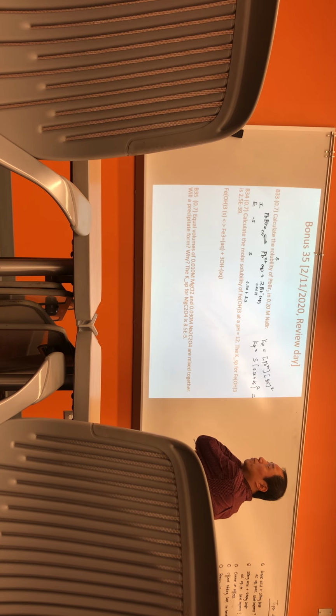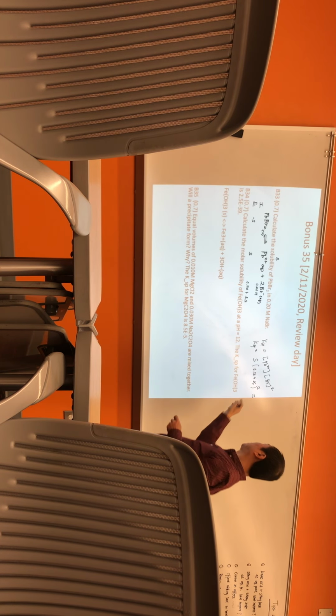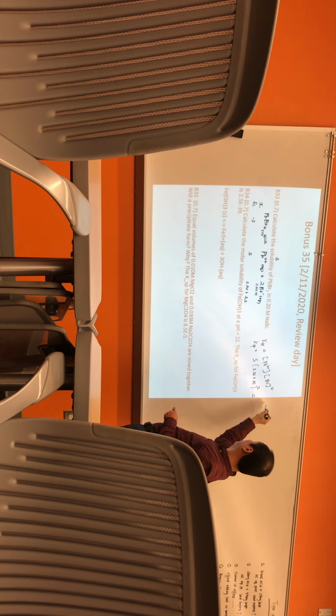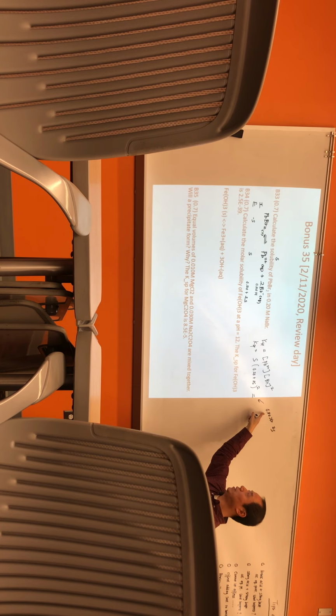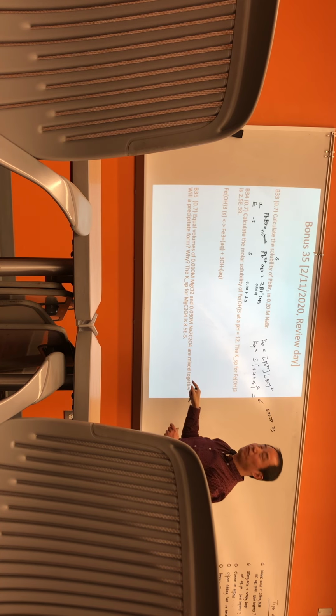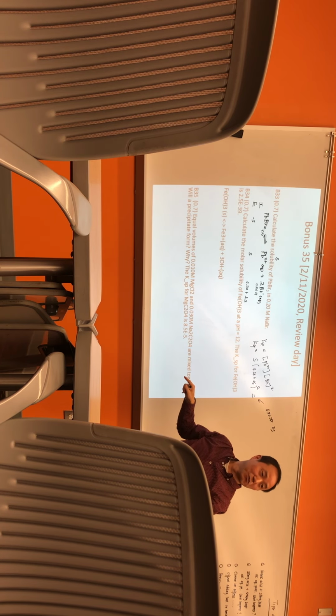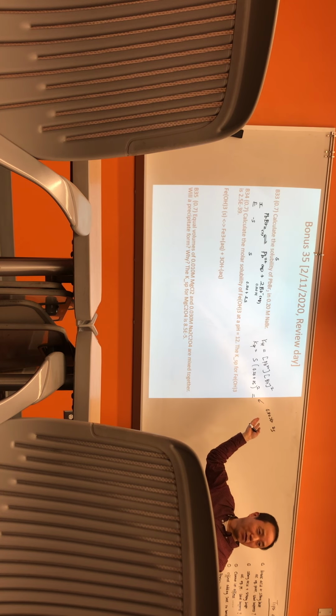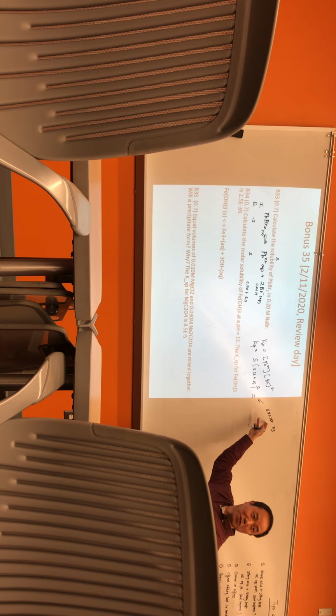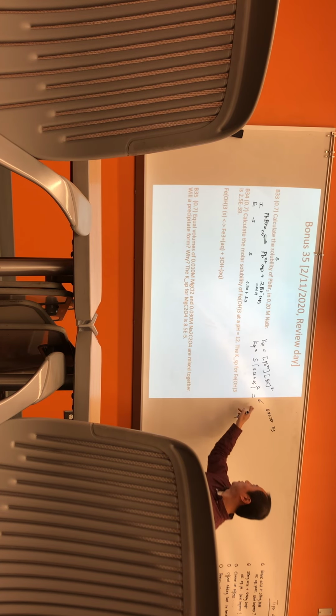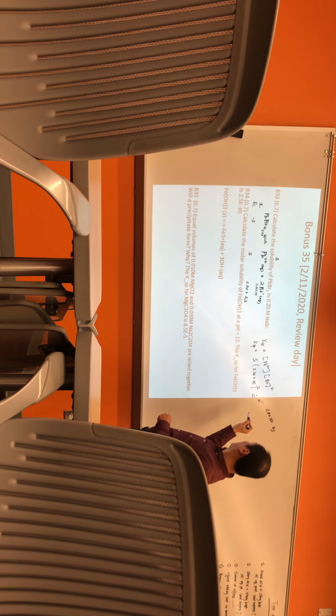But we can assume that 2S will be very small compared to 0.20. Why? We just assume. This is an assumption. I don't have any justification yet, which means this might be wrong. But most of the time it will be correct. But again, you have to double check. Let's do this. So as an approximation,